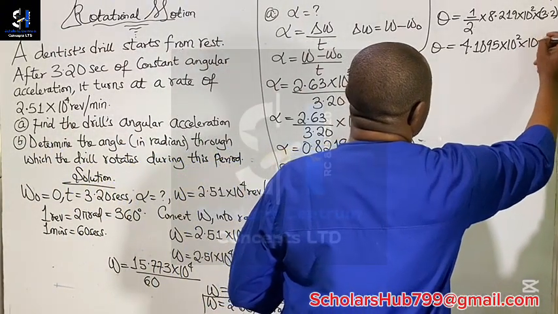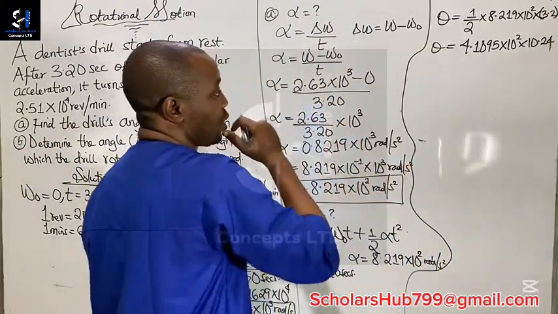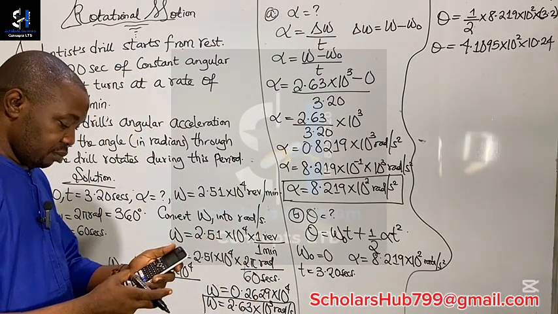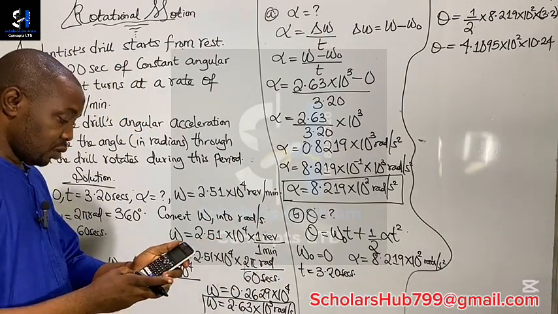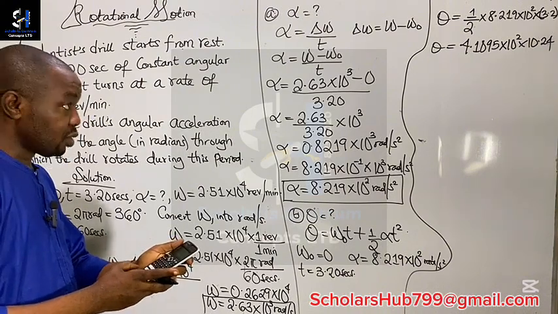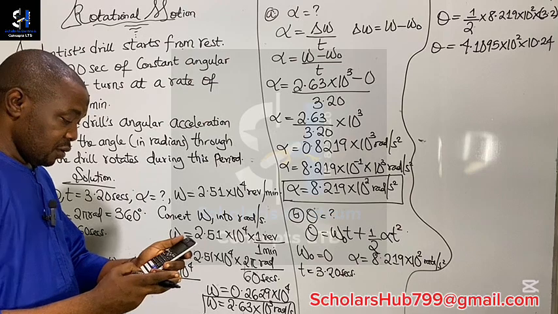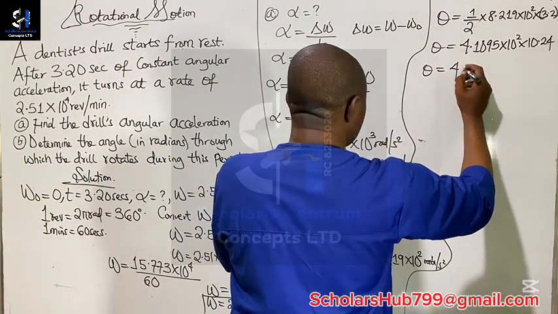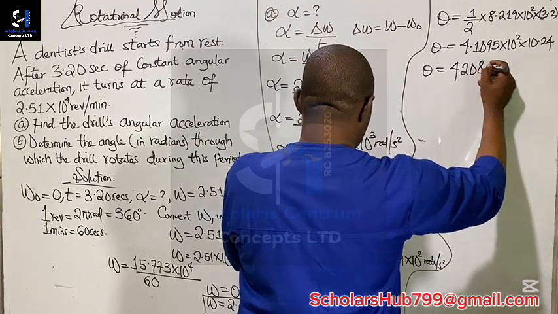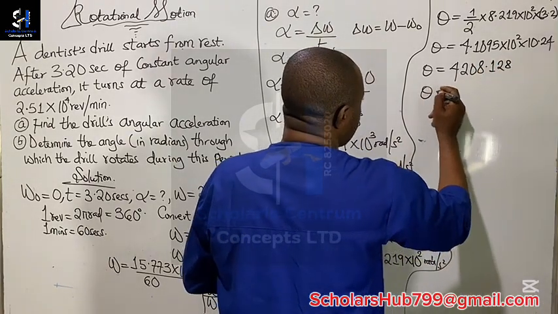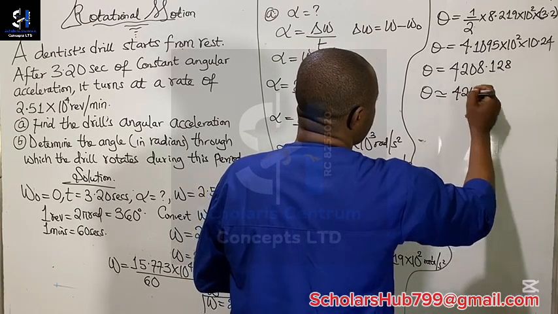So let's multiply 10.24 by 100, then multiply by 4.1095. So here we have 4208.128. So we can approximate this to be 4208